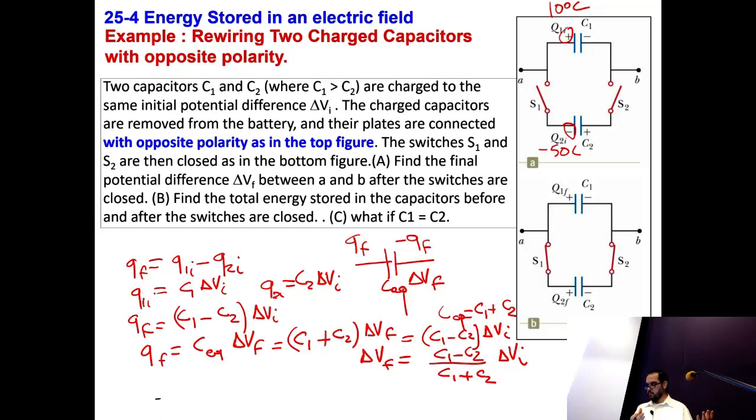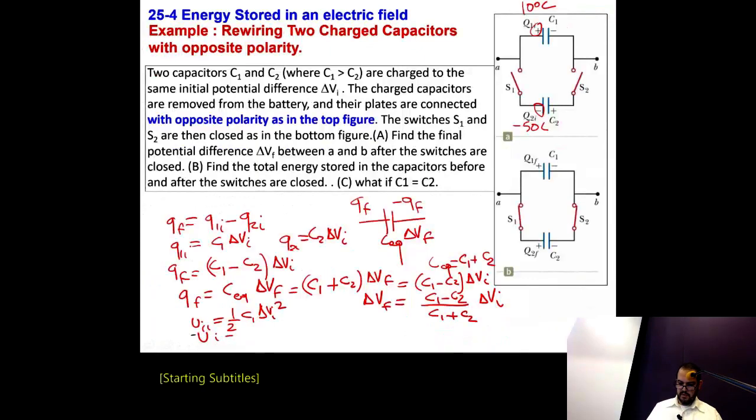We can use the same technique as before. So U1 initial is 1/2 C1 delta V initial squared. U2 initial is 1/2